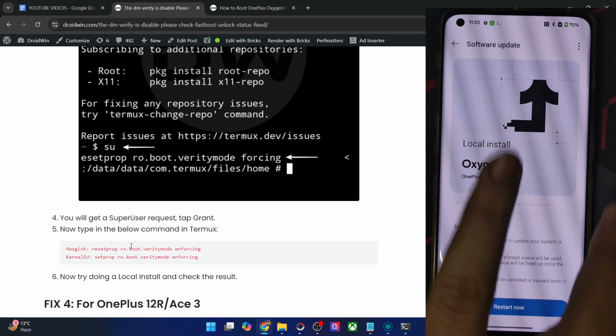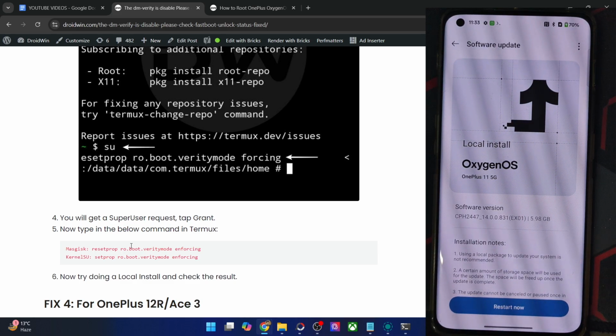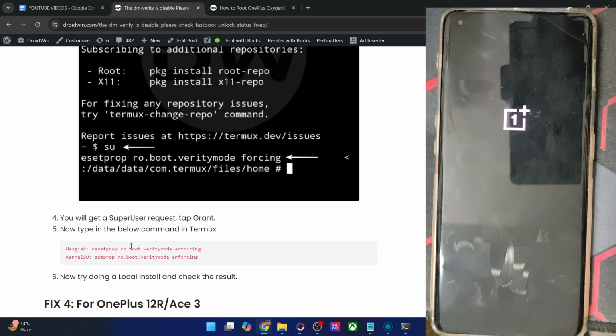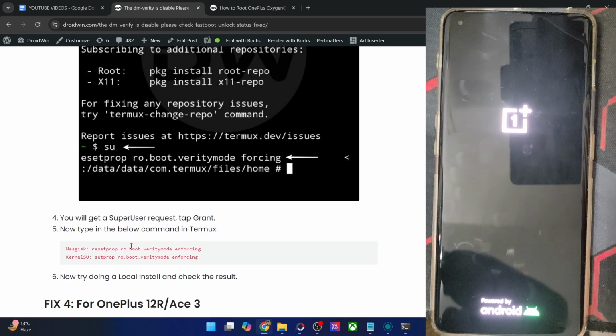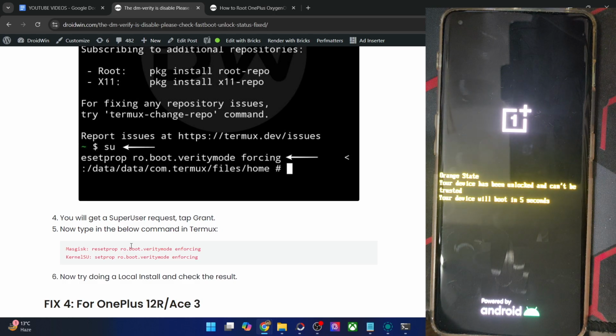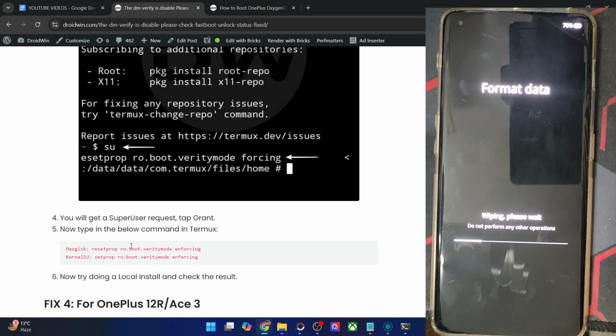Once that is done, you will now have to tap on restart now, and your phone will now boot to the OS. It will first verify, or rather optimize all the apps, which will take only a few seconds. Let me show you that process as well. It will show the status on the screen of verifying and optimizing apps, and that usually takes only a few seconds. But as you might be aware, our phone has also undergone a reset, and after a reset, the first boot up does take some time. So if your phone is not booting for 10 to 20 seconds, that is completely normal and nothing to worry about. As of now, it's wiping the data.